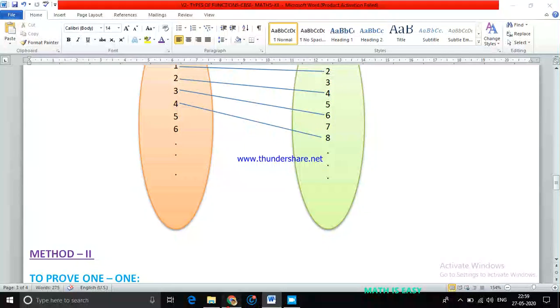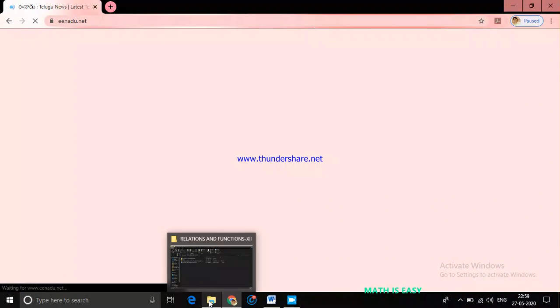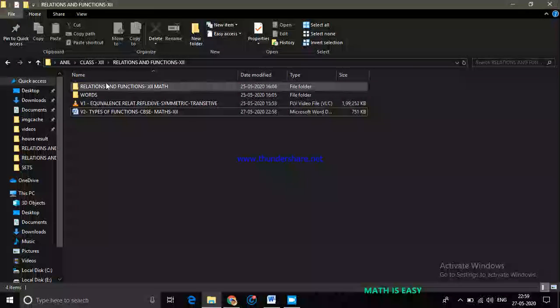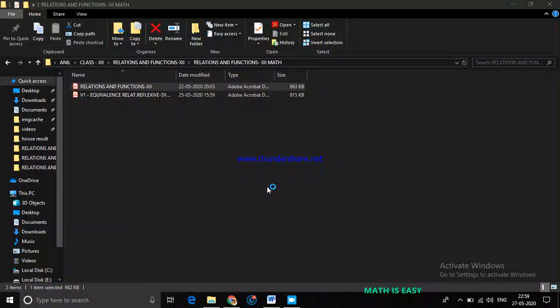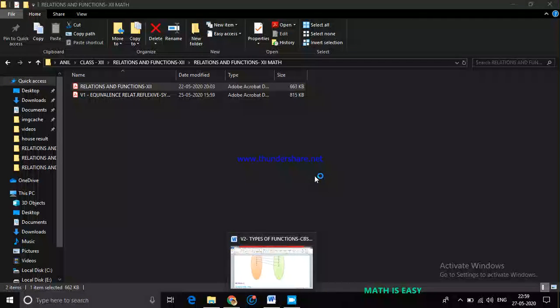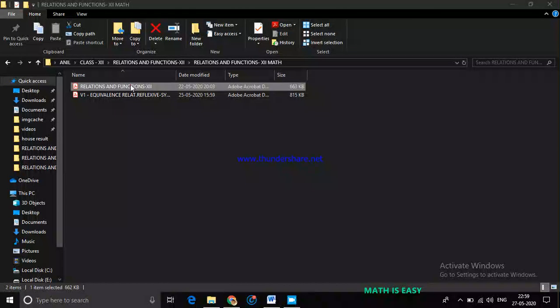So these all are about the 1-1 function, onto function, and how we prove the examples as 1-1 and onto function. Sorry, where is this PDF file? Let me show you the exercise. I hope everyone completed the first exercise, because now the second exercise is also ready for you to solve. It is taking time to open.